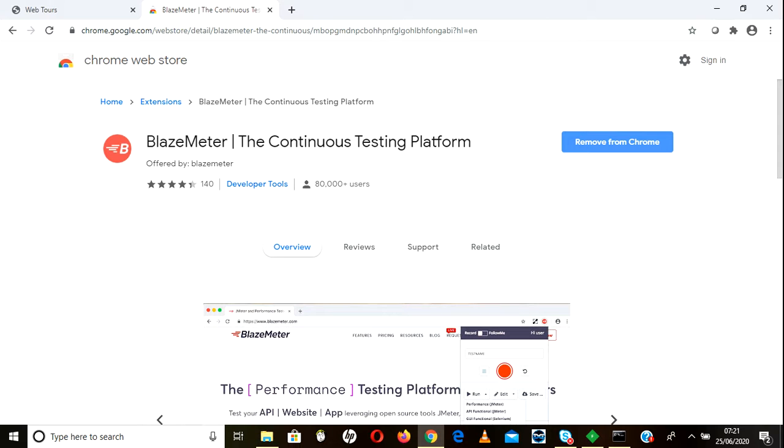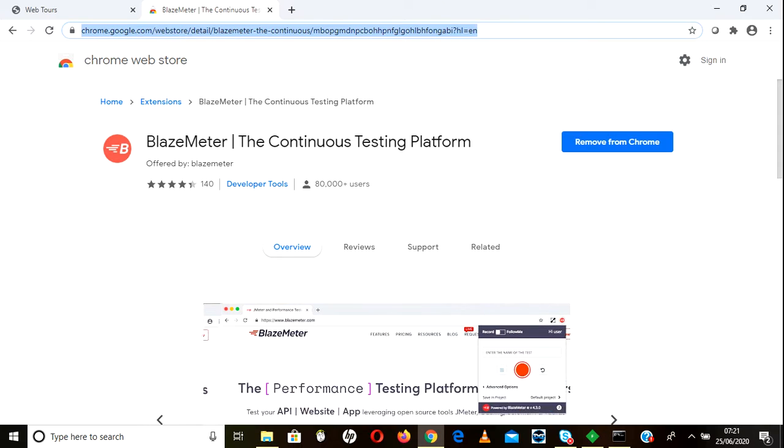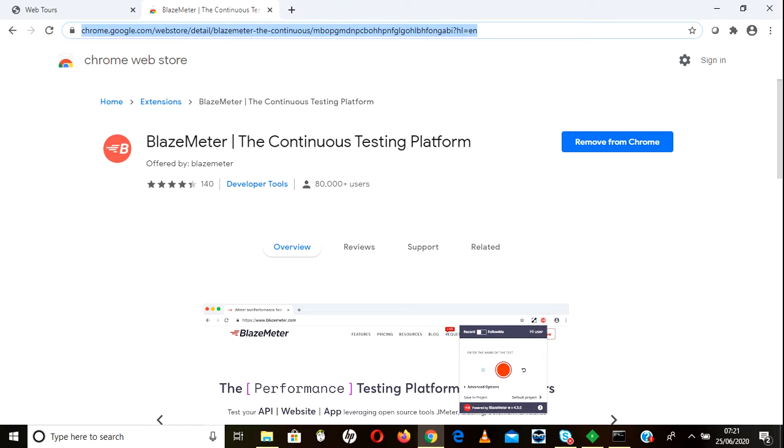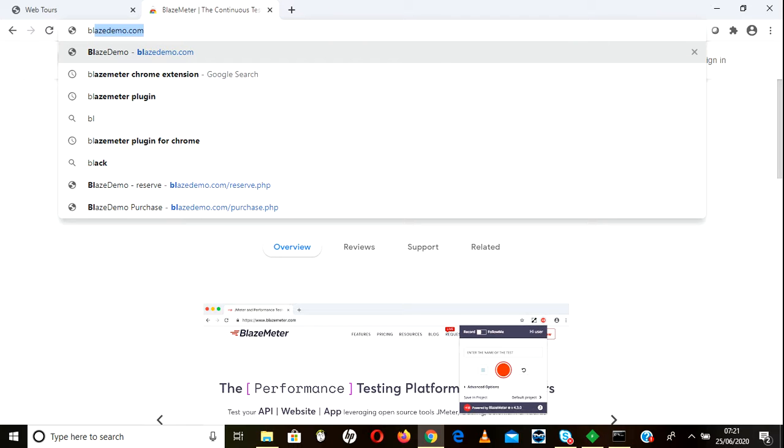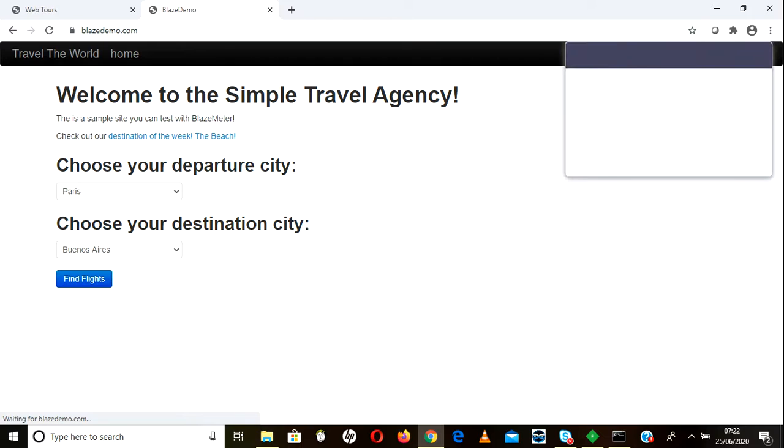So now you will get that window. It will be in the background, it will be recording. Now I will go and open blazedemo.com. Okay, as soon as you enter here you can see that this BlazeMeter will be activated. Now I will enter a step name, find flights. You can use some name, valid names also. Okay, just add step. Now whatever you do now, it will be under the find flights step.